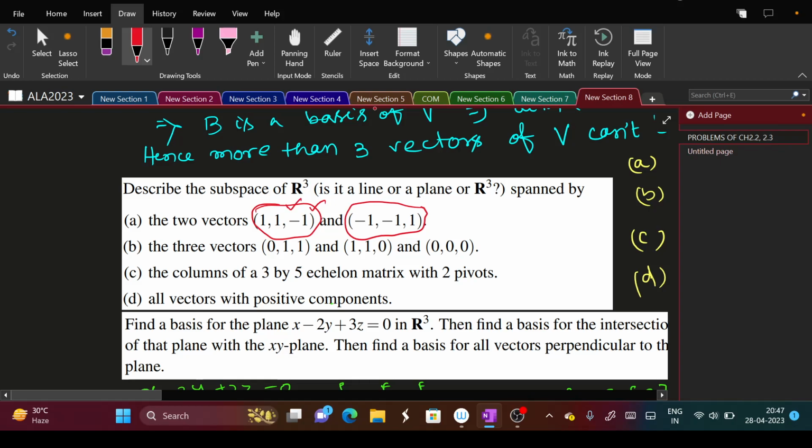Okay, next is three vectors: 0, 1, 1; 0, 1, 1; 1, 1, 0; and the origin vector. The origin is of no use, it is always linearly dependent. Then these are two linearly independent vectors. Two vectors with the origin always span a plane. So it is a plane in